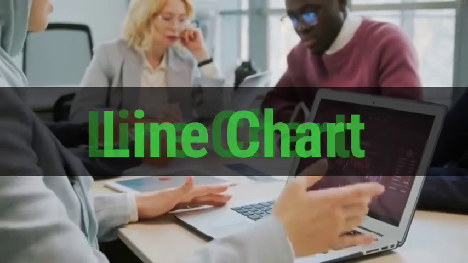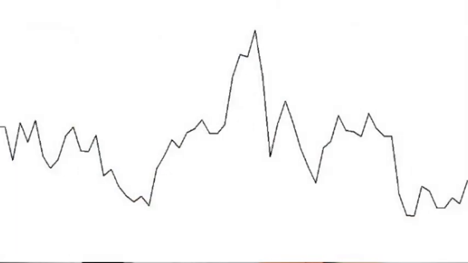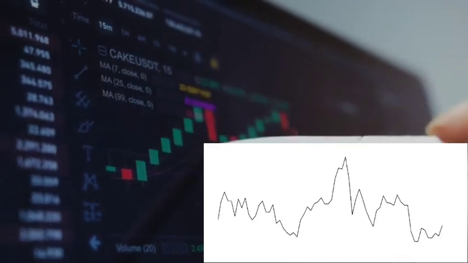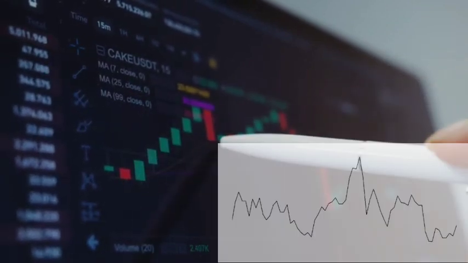First, the line chart. This is the simplest of all stock market charts. This chart also has the least amount of information, with just one line moving higher and lower. As price moves higher or lower, the line is updated. This type of chart is good for quickly spotting potential trends and also marking support and resistance.